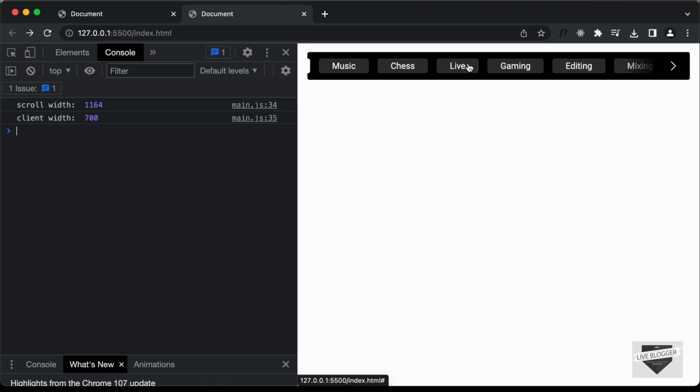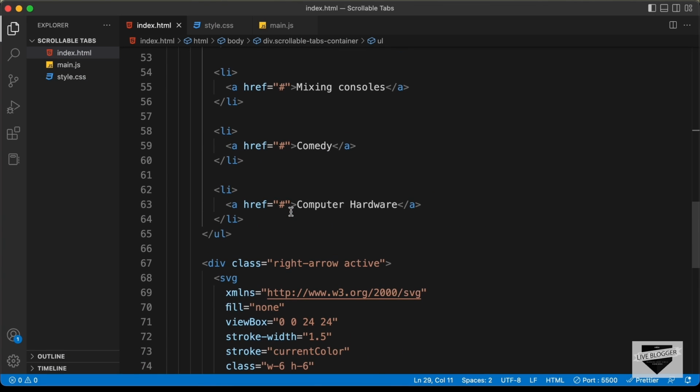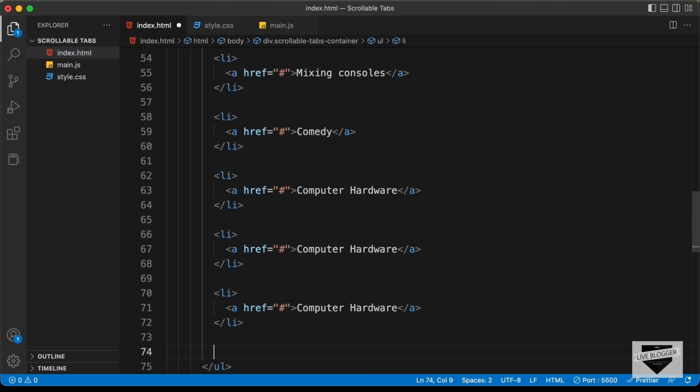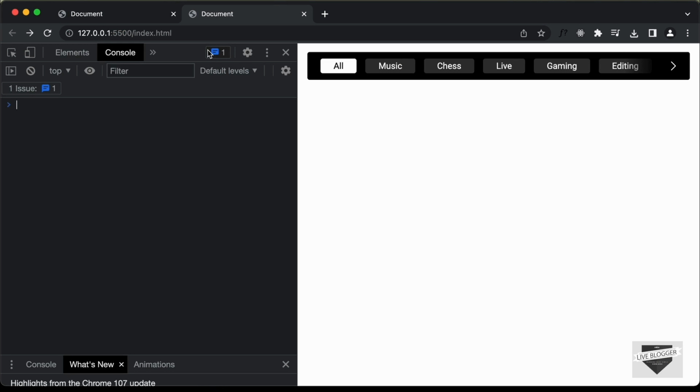Now that's basically the width that it can scroll. So right now it is 1164 pixels. Let's go back to our HTML and add some more elements over here, and see if the scroll width changes. So let's copy this and paste it a couple more times. And now let's go back to our design and click on the right arrow. Now we can see that the scroll width has changed and it is now 1786 pixels,